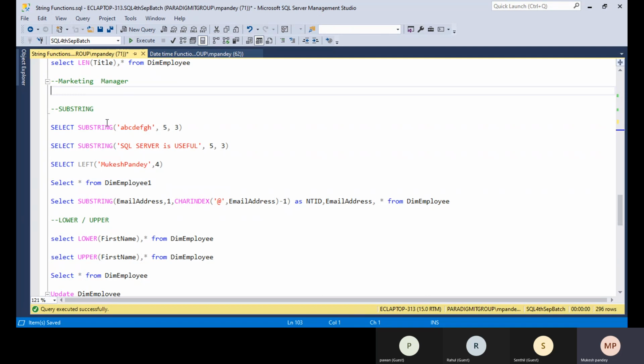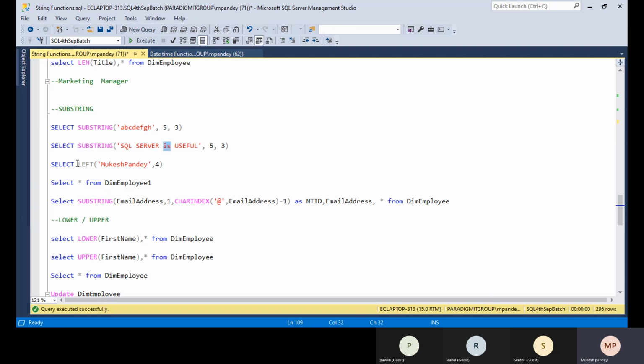Okay, so SUBSTRING is very important. Whenever we have a requirement to trim the data, we learned the LEFT function and the RIGHT function. The LEFT function basically trims the data from the left side, and the RIGHT function basically trims the data from the right side. But suppose you have a requirement to trim the data from the middle of the value. For example, I want this server, I want the middle part trimmed, so the middle part of the server. How can you trim that?